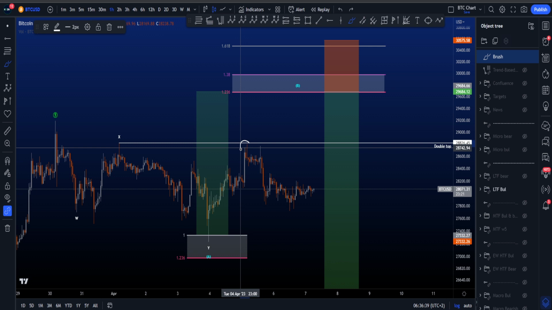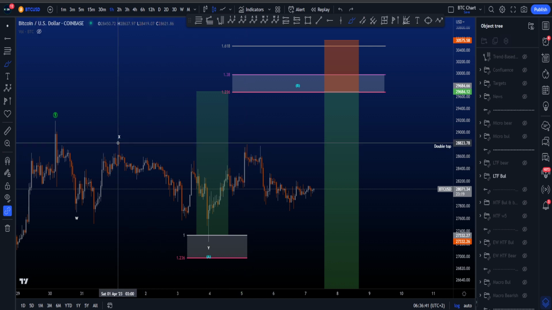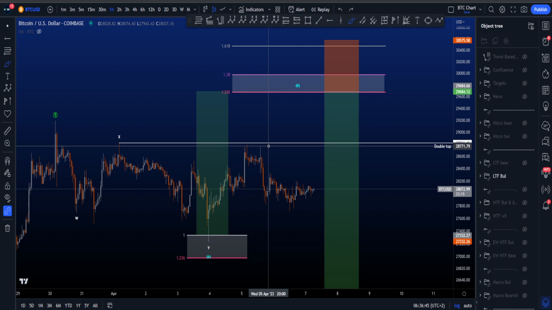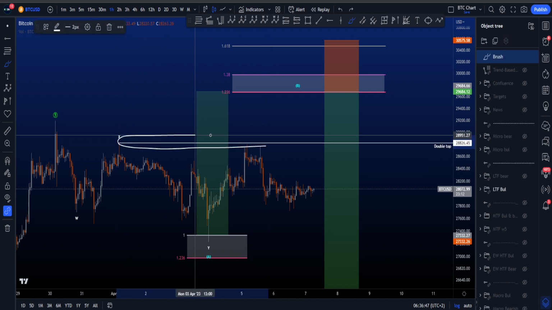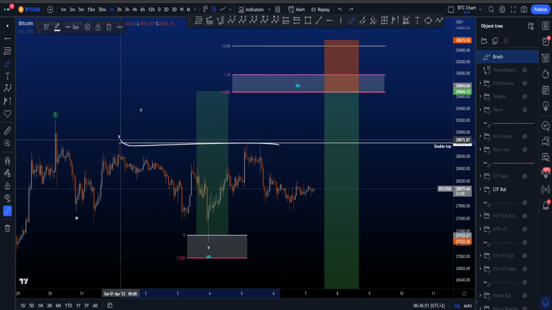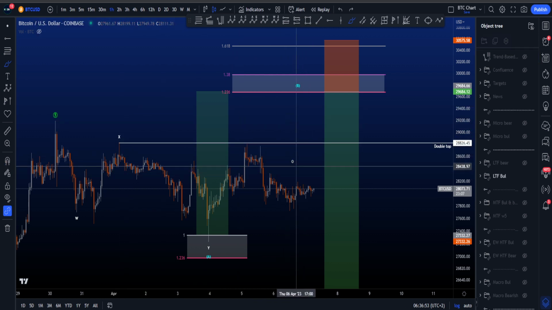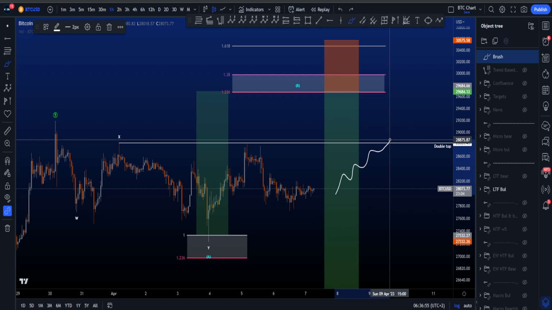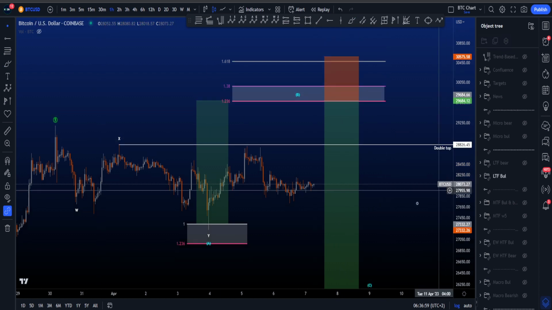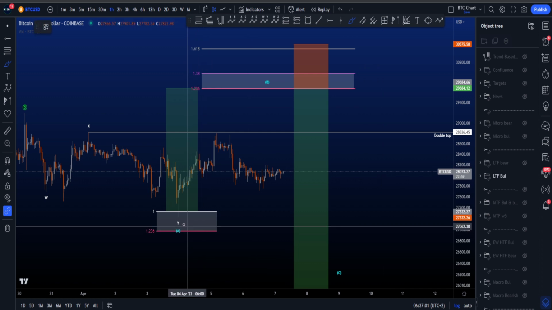Now price did not reach the high, so there's liquidity resting here, here and here, and it's like a magnet for price, right? Like there's this area over here, 28.8k, like a magnet for price, lots of liquidity, which makes it very interesting for price to eventually move to the upside and take the liquidity. And that is also what we're looking for in this particular scenario, as this is then the low of wave